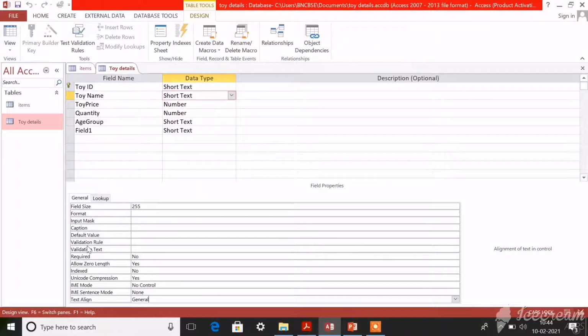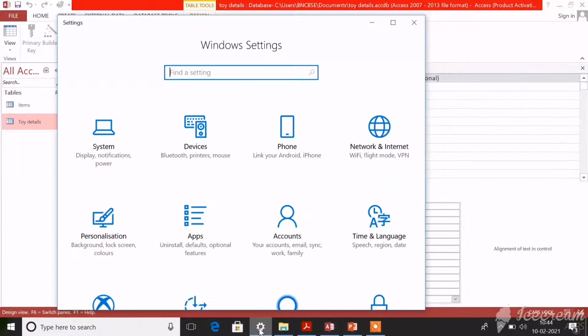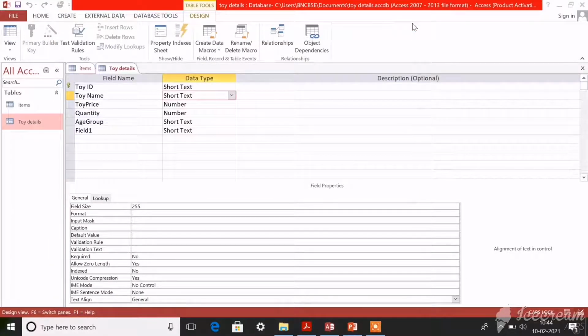Control panel means the formal settings of your computer, not of this data sheet. We don't want to go into detail about the control panel now because that is not under our topic. So let's learn only this data sheet now.